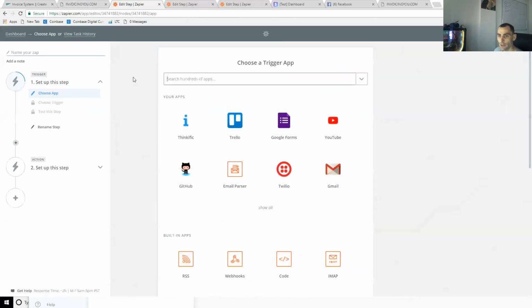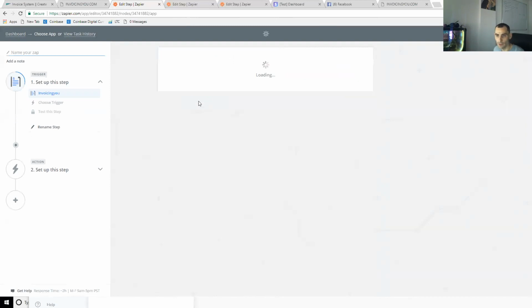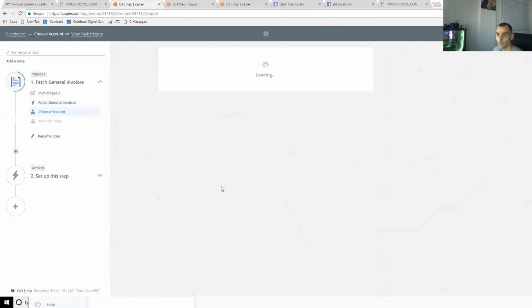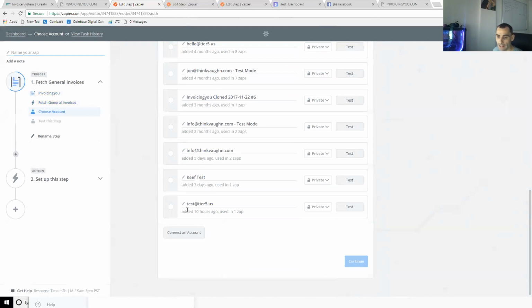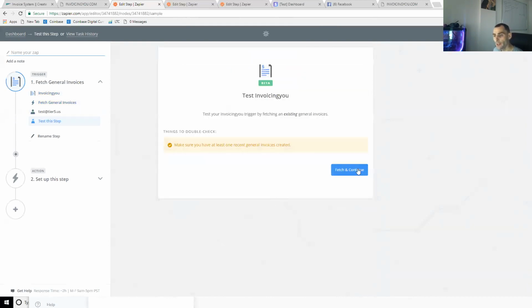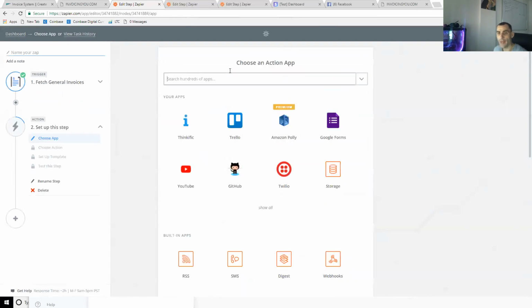Now this time we're going to use invoicing you as a trigger. Invoicing you is going to be a trigger. And what we're going to do is we're going to fetch general invoices. That was a general invoice that I just sent out. So I'm going to check whenever new general invoices are paid. So I'm going to pick this account right here. And what I'm going to do is I'm going to fetch a general invoice. Now I'm going to continue. And I'm going to pick mini chat